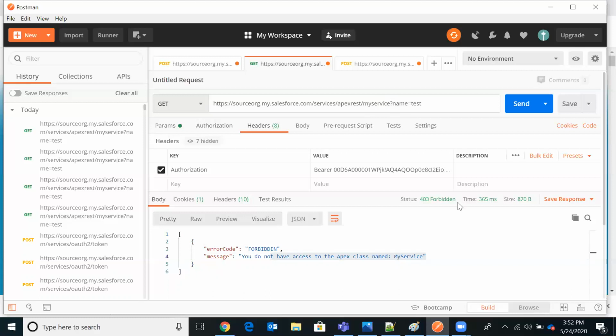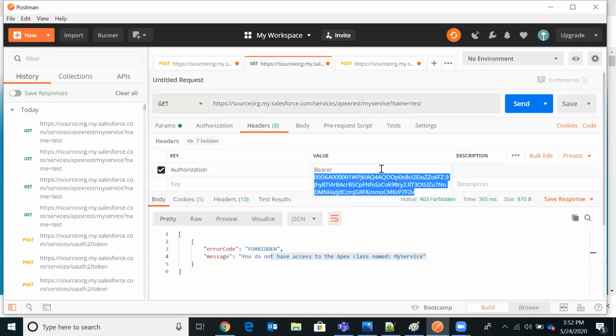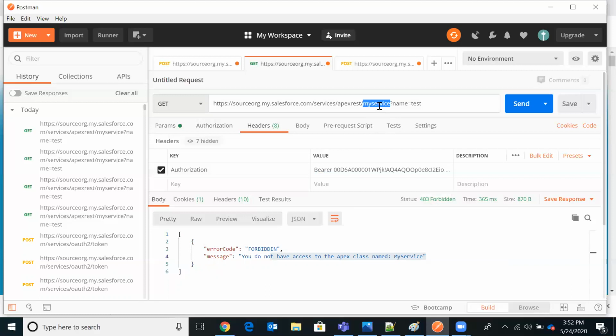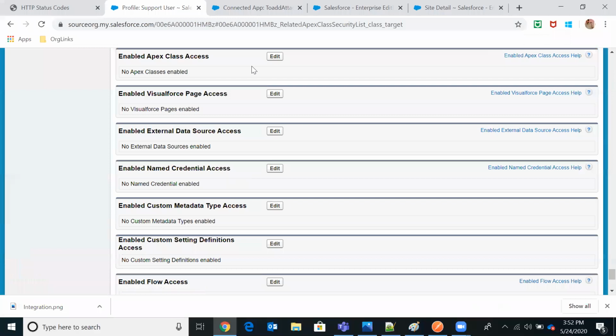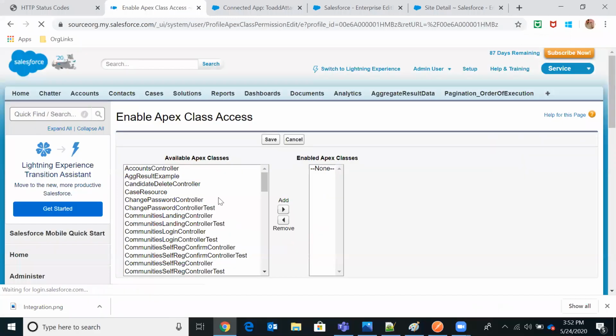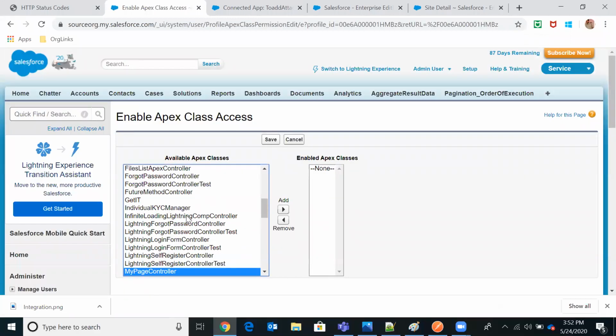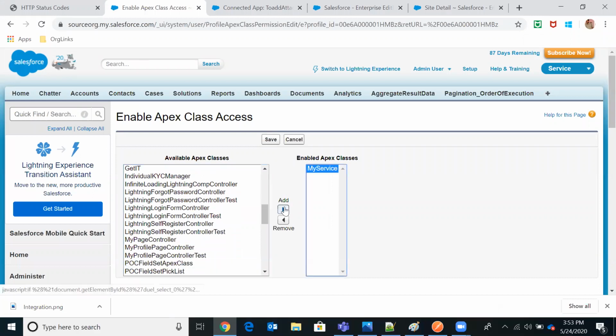If you receive a 403 error, then you should check whether this particular user has access to this particular resource or not. So now again I'll go back to the profile, go to Apex class, and give permission to the service. My service name is MyService, right? So this is the class, the web service class.